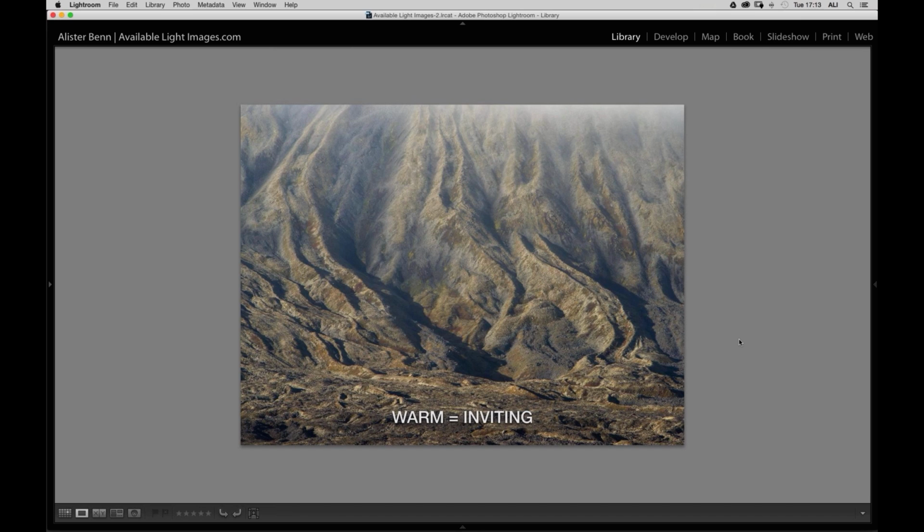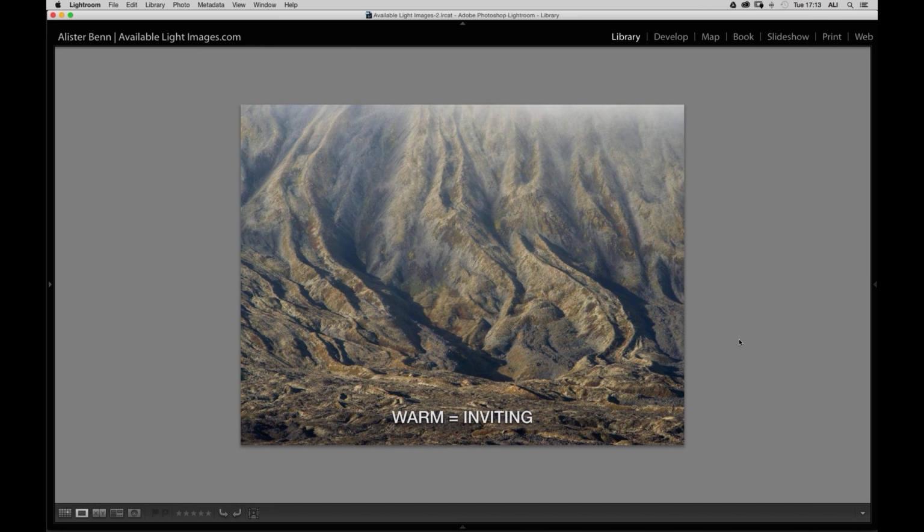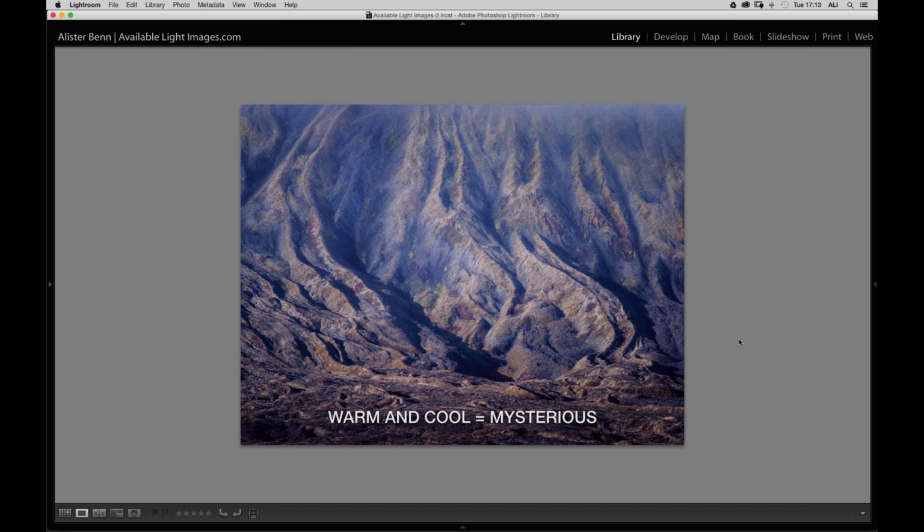So this warm rendition of that image that we looked at before is quite inviting. Some would say it's optimistic, some would say it's much more bright and airy. If we look at this rendition of it, it's the same raw file, it's just been worked in a different way. But because we have warm and cool areas, it's much more mysterious, it's much more 3D,